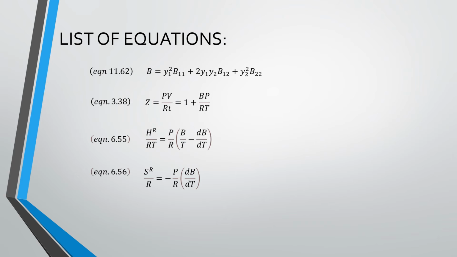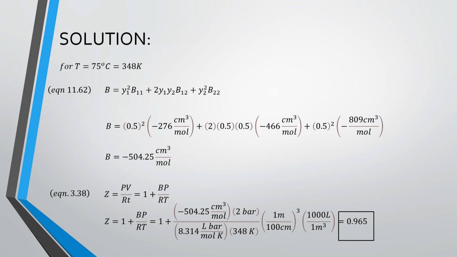Here is the list of equations that will be used for the problem. You can pause this part to go through the equations. First, we calculate B using equation 11.62. We substitute the known values of temperature and pressure to get negative 504.25 cm³/mol. Since B is known, we can go ahead and solve for Z, which is equal to